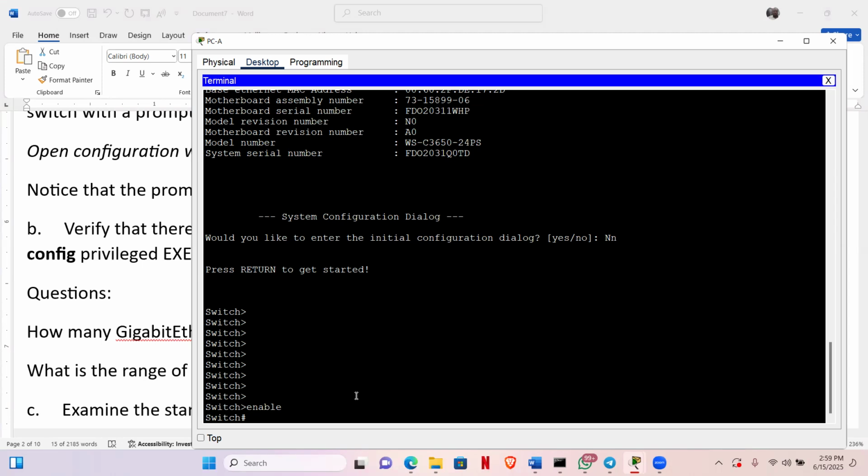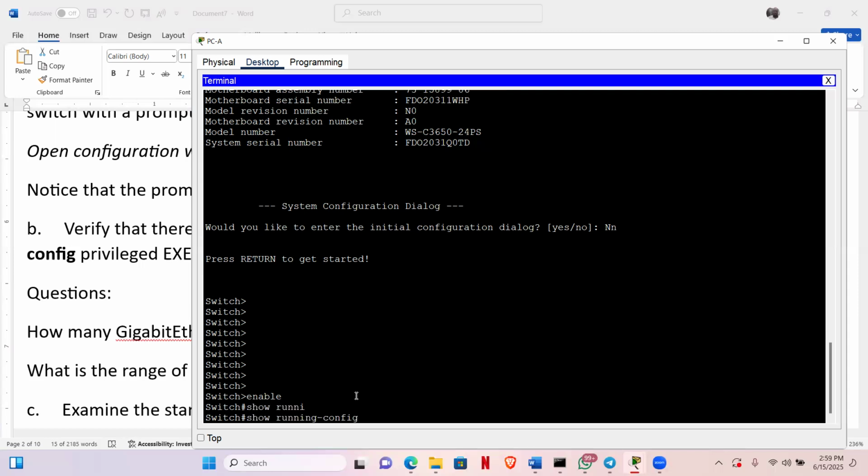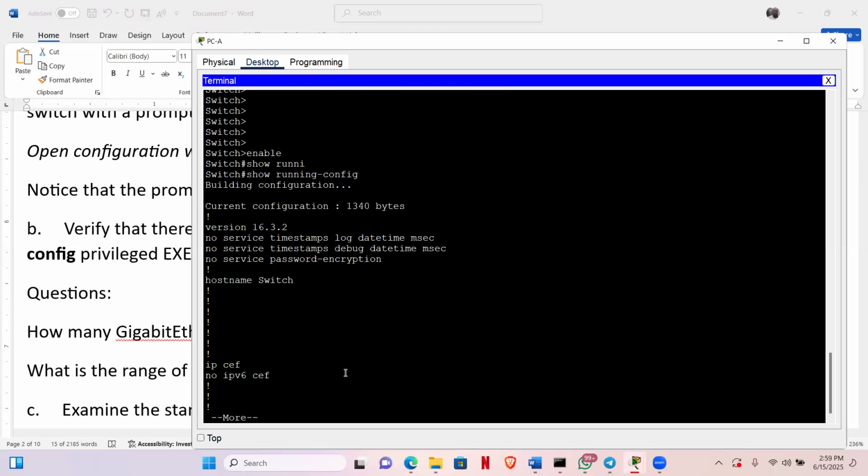Now, the command to show the running configuration is what is in the RAM, the active RAM where the commands are running. But the NVRAM is where the commands are usually stored afterwards. So what we want to check now is what is currently showing. So I use show running-config. Once I use the command, it will build the configuration and tell me that